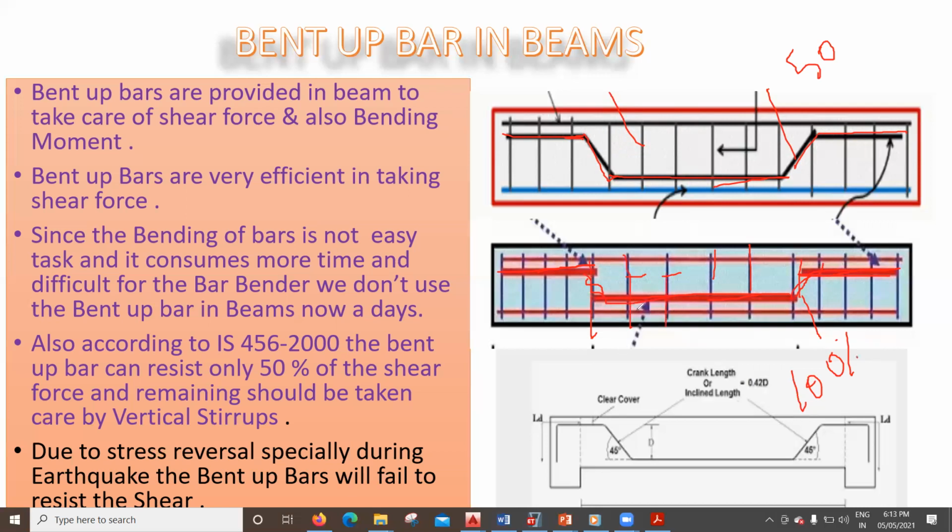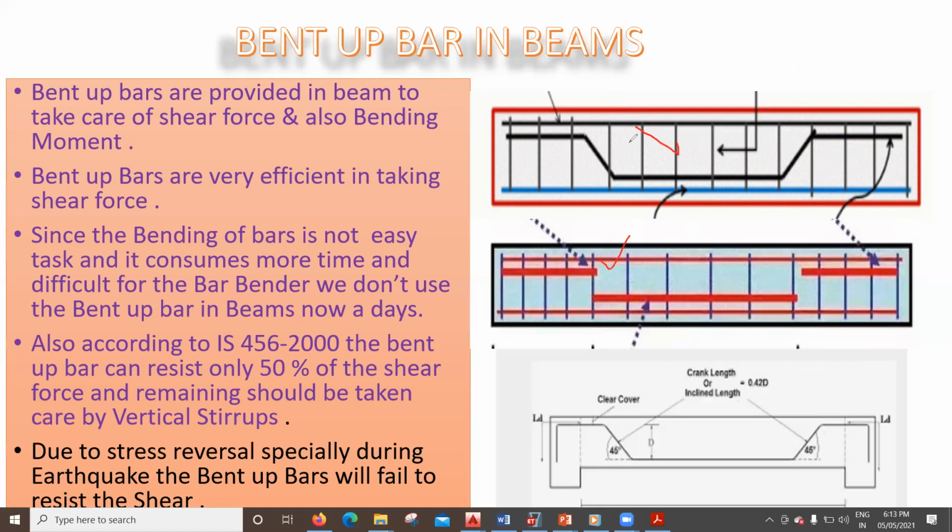So again from earthquake point of view, even during the reversal of the stress, this configuration of rebar that we have provided is very good in resisting the shear force. Here it doesn't matter whether the cracks will form in this direction or in this direction. Whatever stirrups I have, they are sufficient enough to take care of those shear forces when it occurs. Okay, that is the reason we try to go with the curtail bar and not with the